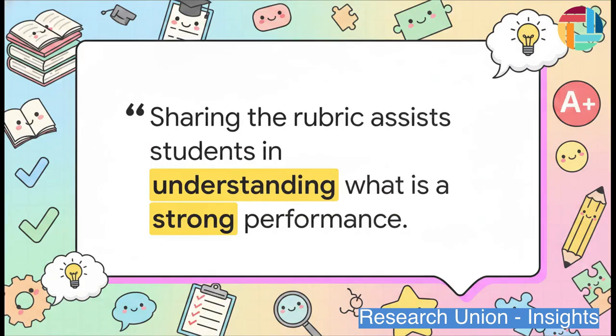That crucial point really centers on how we use those rubrics. The UConn literature states it perfectly. By sharing the rubric, the instructor is not providing the answers, but assisting students in understanding what is considered a strong performance. See, in traditional testing, we hide the test. In authentic assessment, the standards for judgment should be totally known and predictable. We actually want to teach to the test here because the test is a meaningful, real-world task. Transparent rubrics empower your students to self-correct while they're working, which ultimately saves you massive amounts of grading time on the back end.